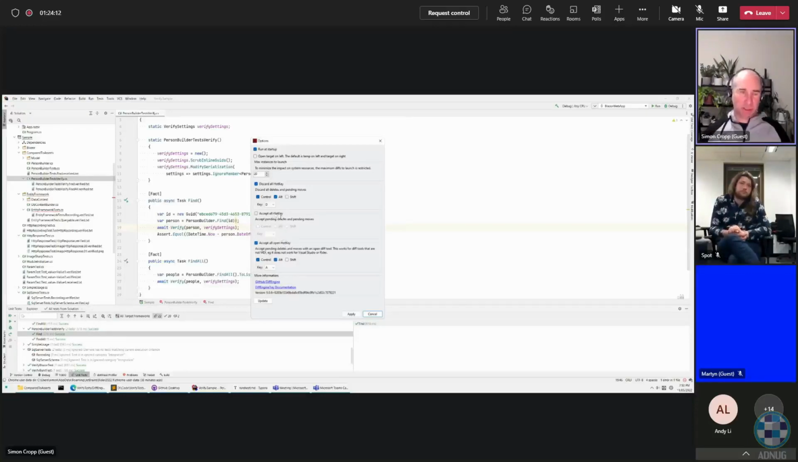Now, the reason there's an accept all and accept open is that when you run tests, there's a limit to how many diff tools will pop up. So I've got mine configured pretty high, it's at 20. That's because I'm using Beyond Compare, which is very efficient. If you're using something that's a bit more heavy on memory, you might want to tone it back down to,